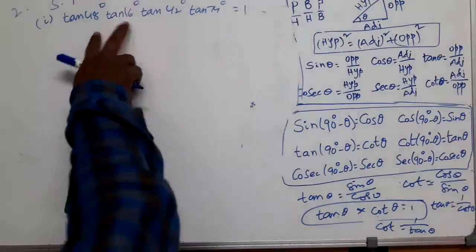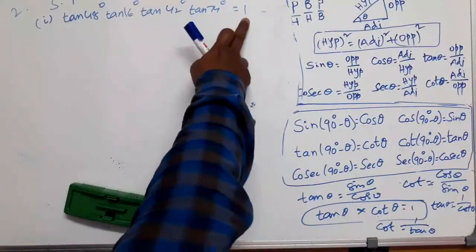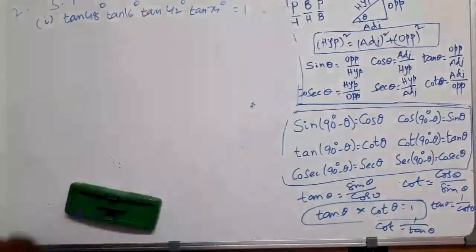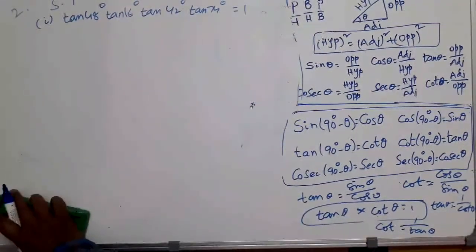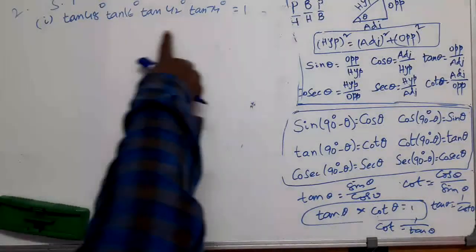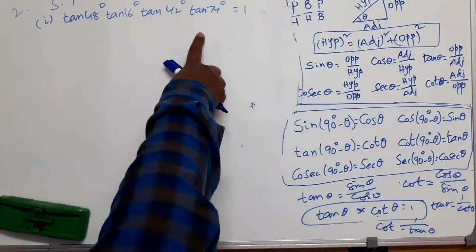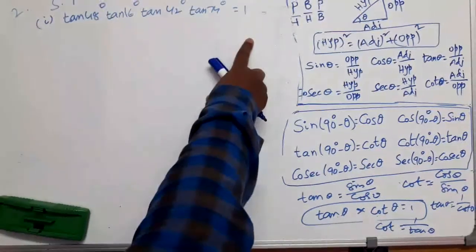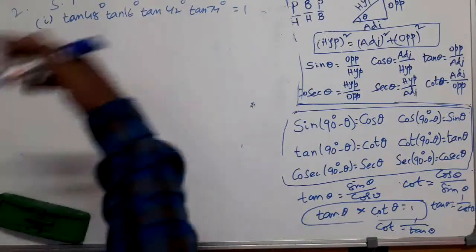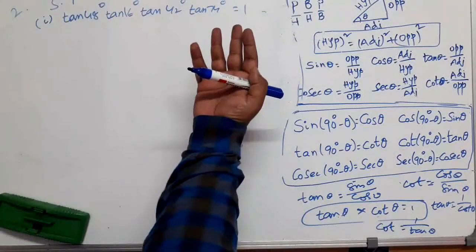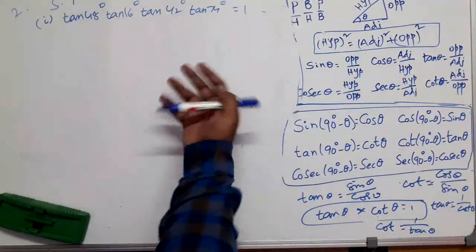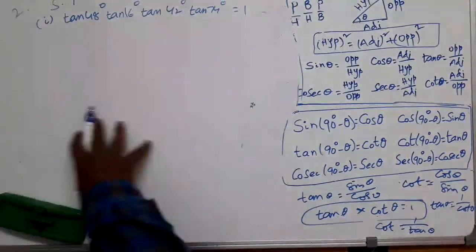Yes, show that is given. It has got two parts, right? Left hand side part, right hand side part. Right hand side part is 1. Left hand side part contains the product of 4 trigonometric ratios, right? If you start at left hand side part and simplify this, and if you show that it gives you 1, that is the right hand side part, then you have proved. Or if you start at right hand side part, you can bring the left hand side expression on simplification or modification, that is also okay.